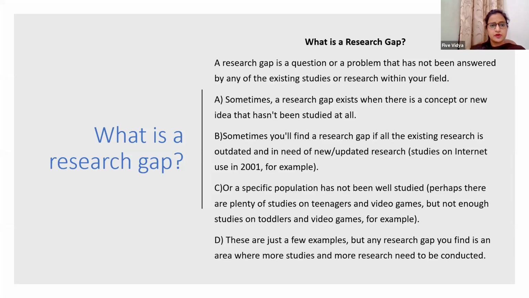Is annotated bibliography similar to tabulated literature review? Yes, we sometimes call annotated bibliography a tabulated literature review, but the correct term is annotated bibliography. So if you are referring to annotated bibliography as tabulated literature review, I think that is the same, but the correct term is annotated bibliography.